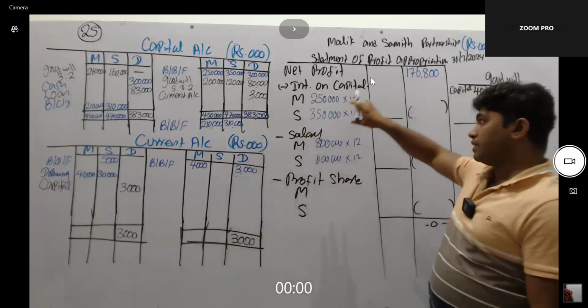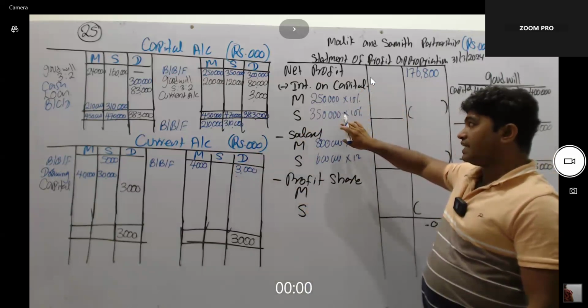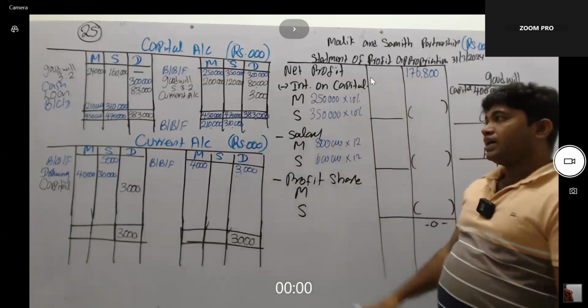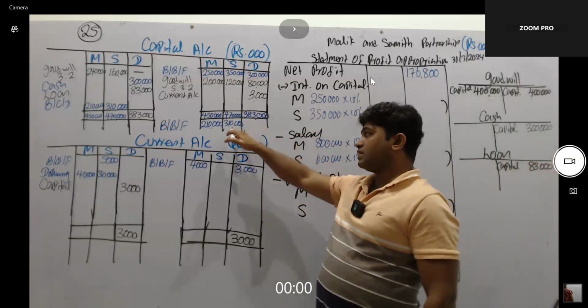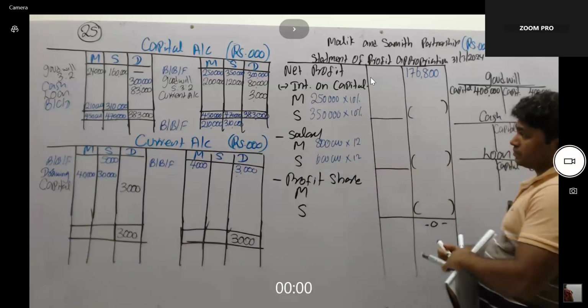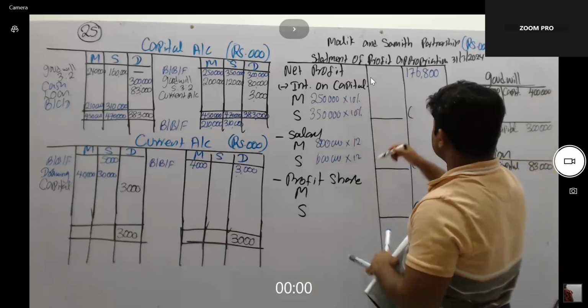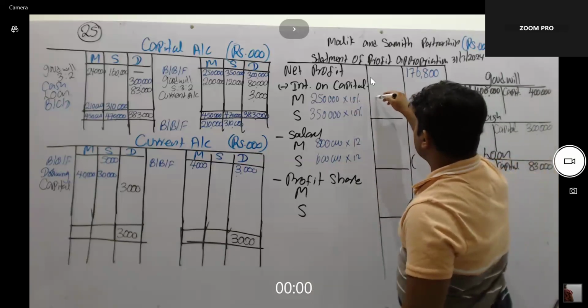To calculate interest on capital, look at which balance is the base. If retirement is given at the beginning of the year, we should take the closing balance, but the agreement has given interest on their opening capital account balance. Right, record values in 1000. Therefore, here interest on capital value equals 25,000